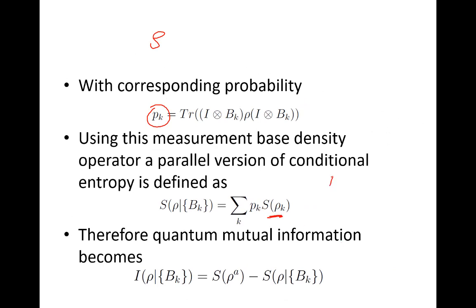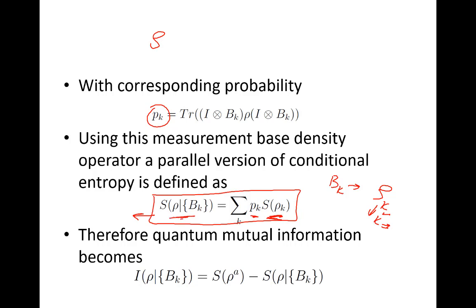For different values of the one-dimensional projectors BK, you will get the rho K, and there are many rho Ks depending on the dimension, the number of Ks. So we will take the entropies of individual K density matrices, and then we will take the average. This will give you conditional entropy, and if you put this in place of this thing,